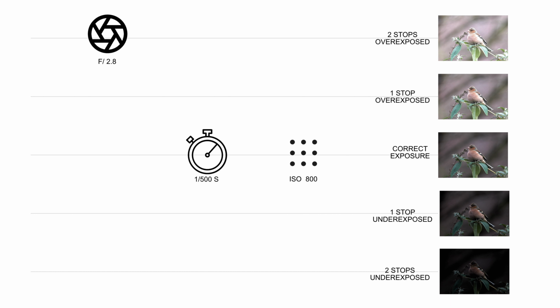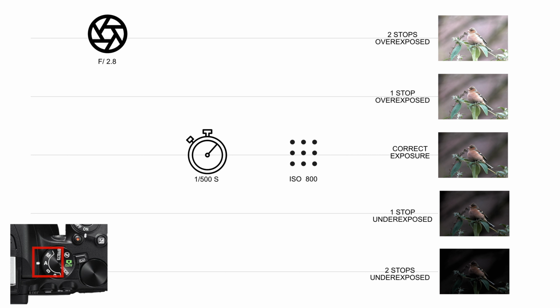Suppose I wanted to shoot with an aperture of 2.8 to have less depth of field so that the background would become even more blurred. You then shoot in A mode to adjust your aperture. At that moment you get 2 stops too much light. Your camera will automatically compensate for the excess light by accelerating the exposure time,